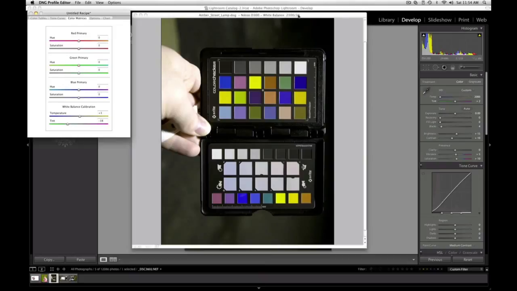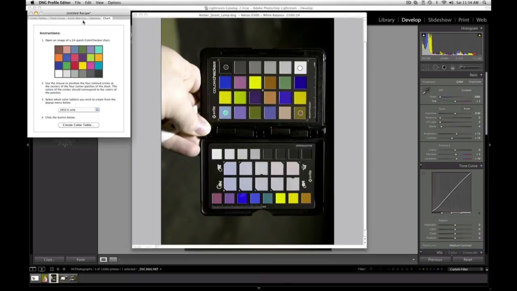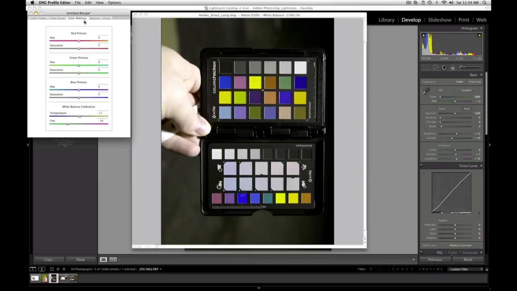It knows that's a valid white point, and I can go over to the chart and click Create Color Table, and it would be good to go. But I'm going to go ahead and tweak it some more. I want to get this a little bit better before I do that, because I can. I know I can. And I've already done these, so let me just punch the rest of these in. We got positive 53, positive 23,